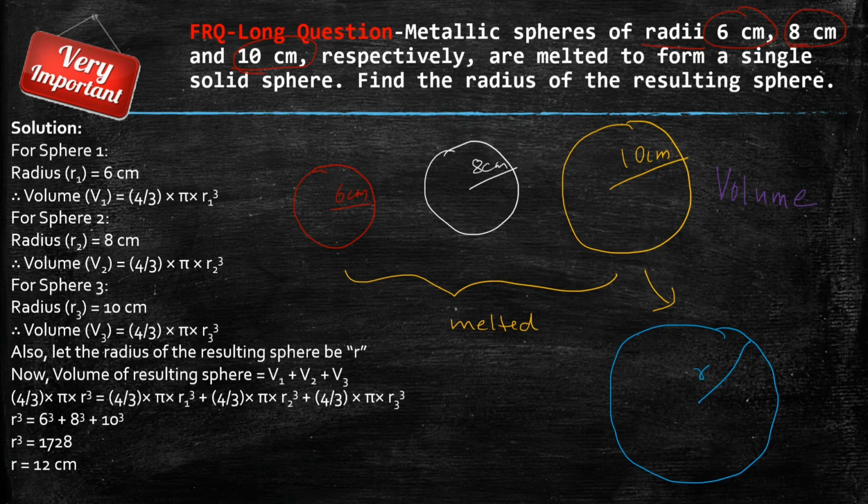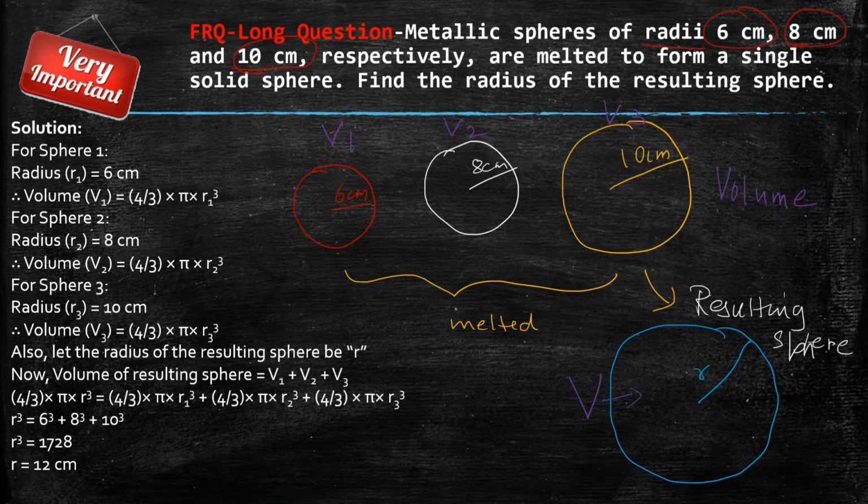So what we are going to be now using, if we are taking up these 3 spheres, for example V1, V2 and V3 is going to be the volume of these 3 spheres, and capital V is going to be the volume of this new sphere for which I need to find the radius. Okay, so this is actually your, let me write it here, this is the new sphere or the resulting sphere that you have got after you have melted all these 3 to make one single sphere.